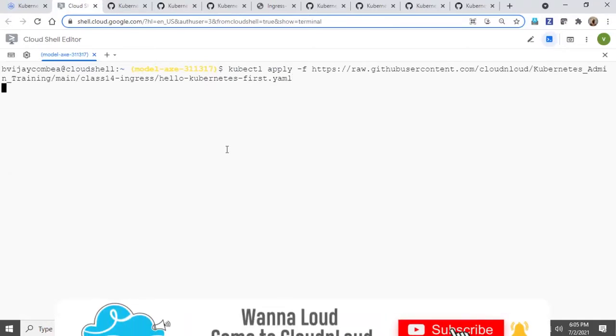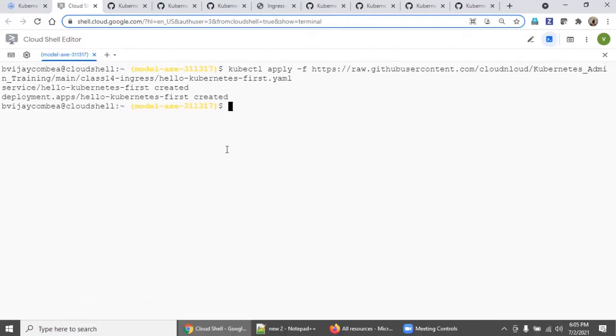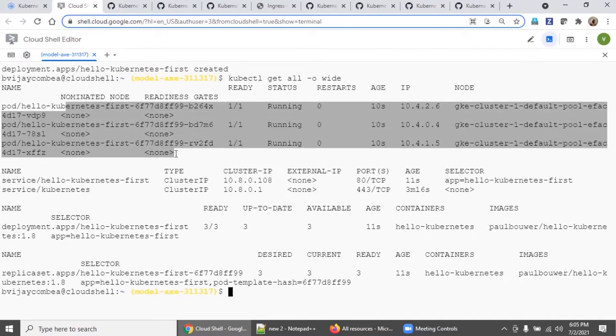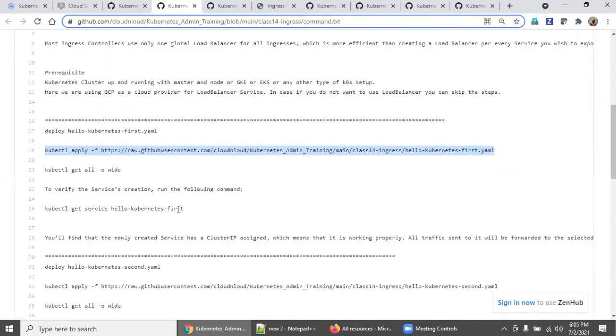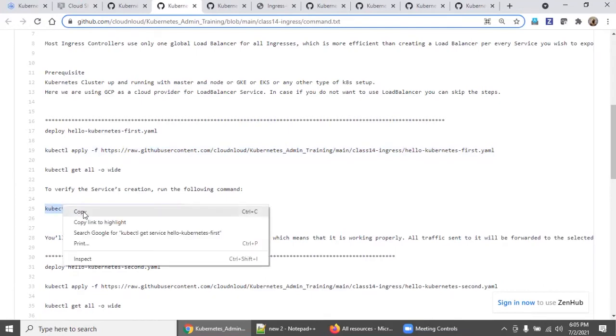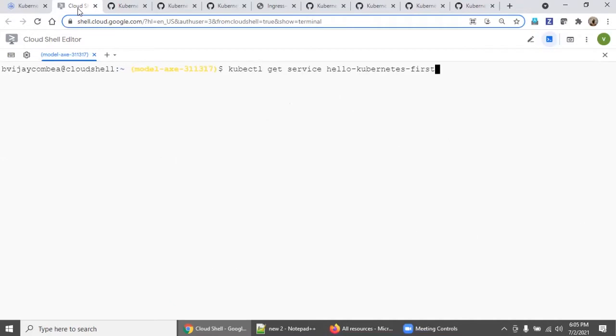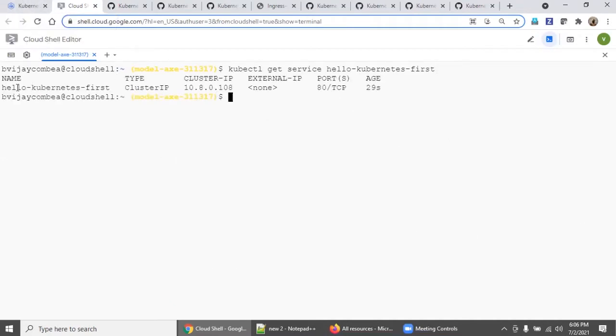Now run kubectl get all -o wide. The first is deployed on all three. Now come back here. You can also go here and type this, so the hello-kubernetes-first service is also deployed.